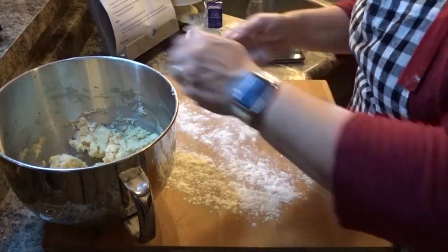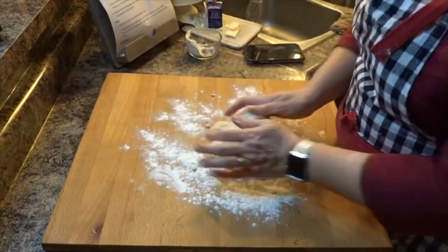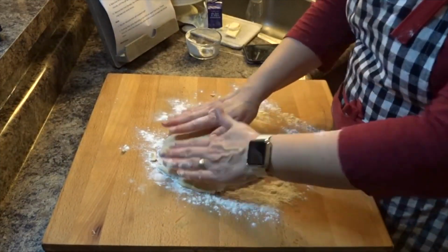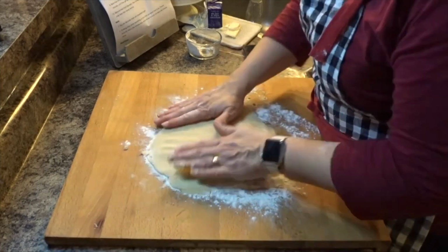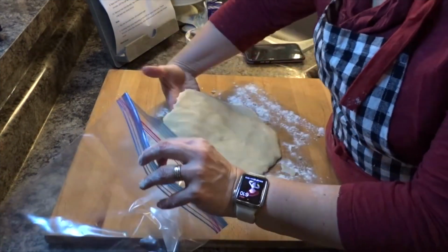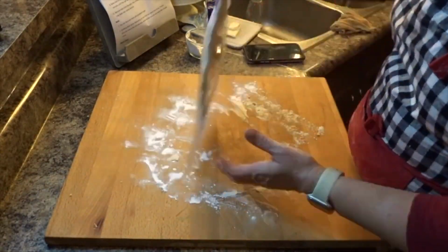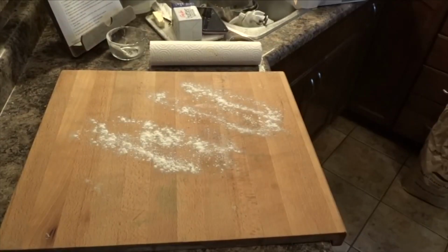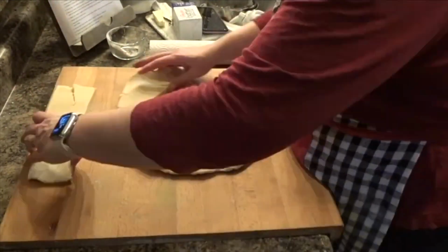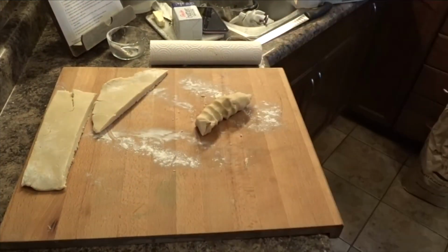So now I'm going to place the dough on a lightly floured surface. It's my pastry board, and the dough is at this point very soft and very easily workable. I'm going to make a bit of a disc and smooth it out, and then you should wrap it with a cellophane wrap. I'm all out, so I'm just adding it to the Ziploc bag and making sure all the air is out. I'm going to place it into a fridge for about half an hour,